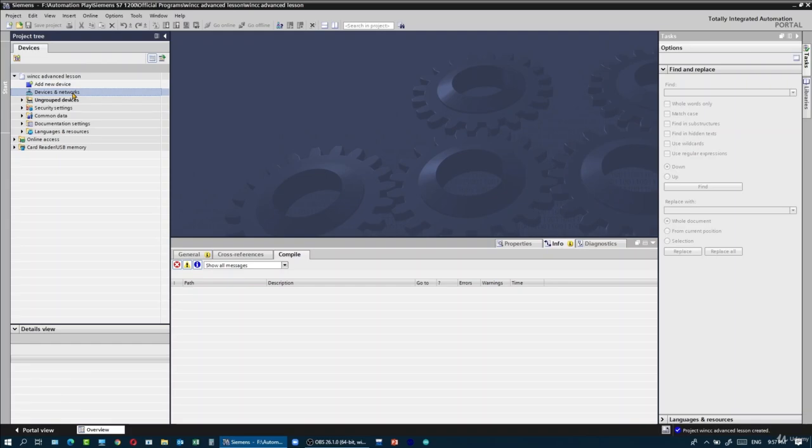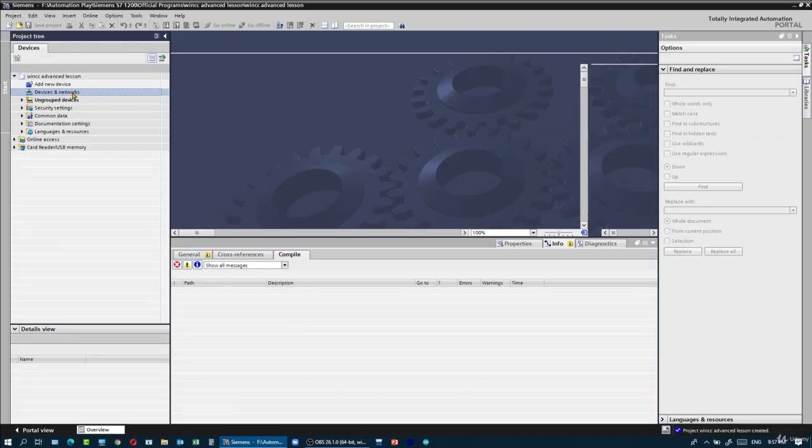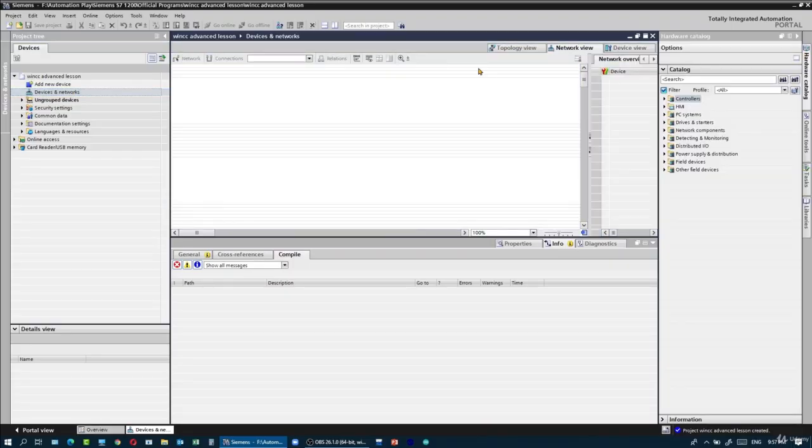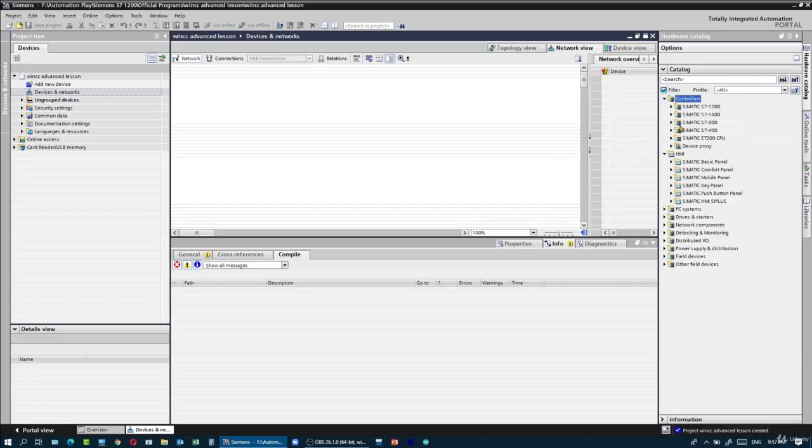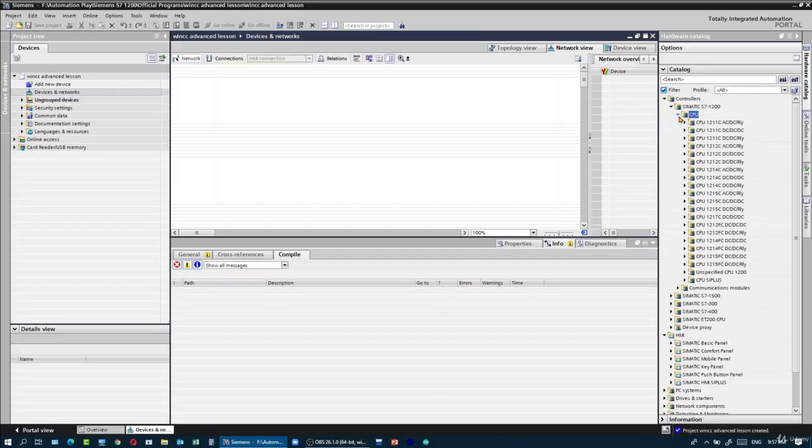It would open this window that we are all familiar with, right? I will go to devices and network, and I usually open or select the devices from the right side over here, that is hardware catalog. I will go to PC systems. Okay, first let me select a PLC as well, since we are performing simulation, right? Let me take S7-1200. So let me select version 4